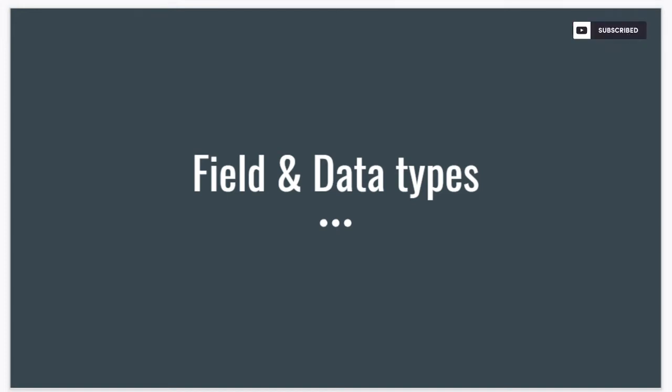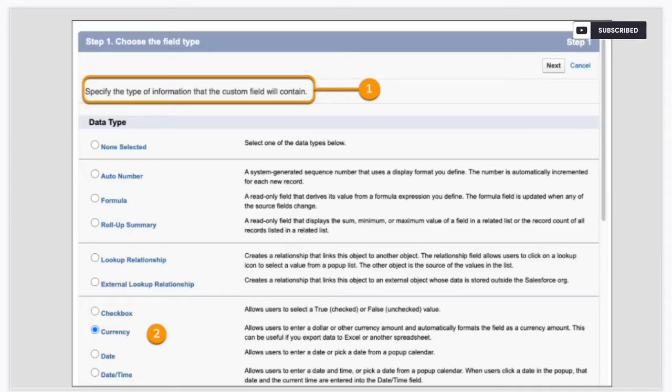Hi everyone. In this video, we are going to discuss how to create a field and what data types are available in our Salesforce environment. In Salesforce, we have around 20 plus data types. We can create auto number, formula field, roll up summary field. Then we have some relationship fields like lookup and the master detail relationship. Also, we can do date and time related manipulation, so we can create date and time fields. Let's see how to create this kind of custom fields in our Salesforce environment in our upcoming demo.